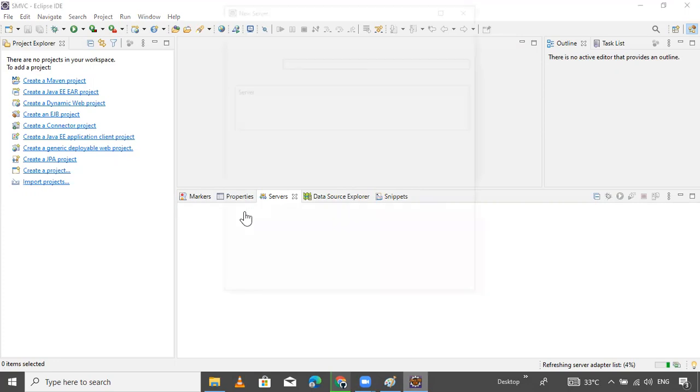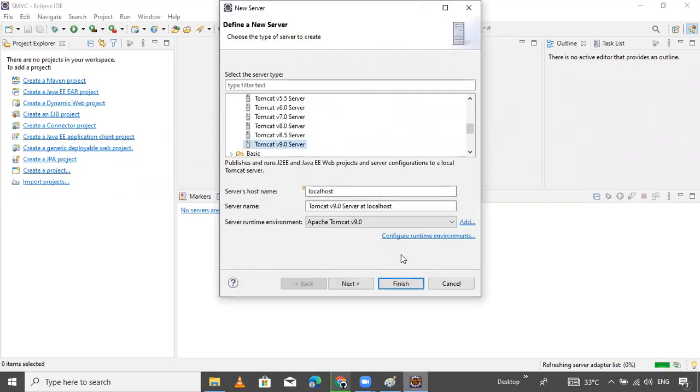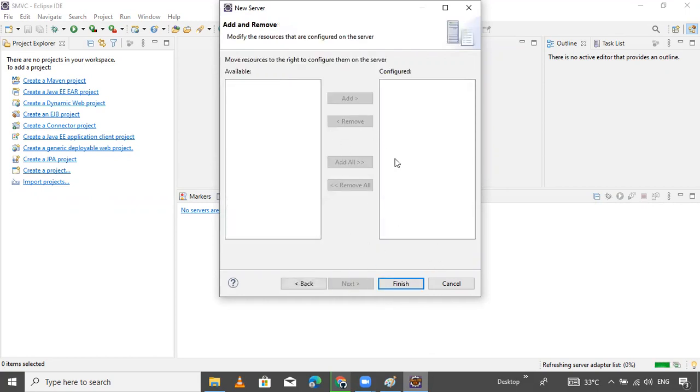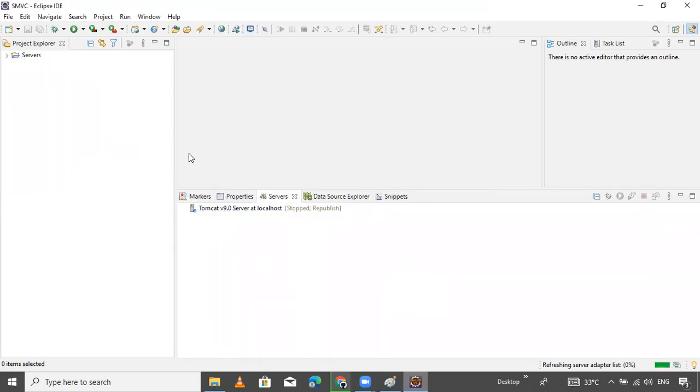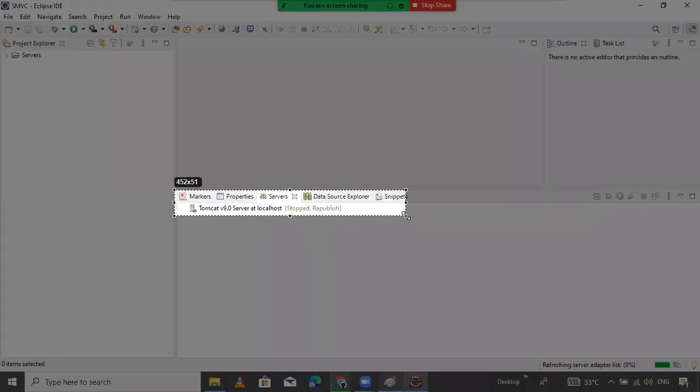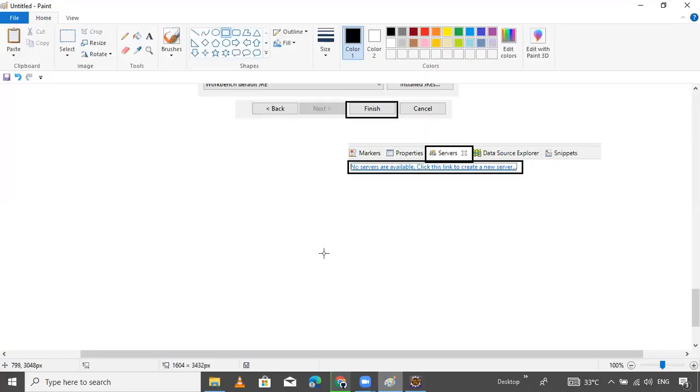When you select Add Server, click Next; there is no project registered, that's why. Just click Next, then Add Server, and you will get one folder like this. I'm taking a snapshot for you guys.